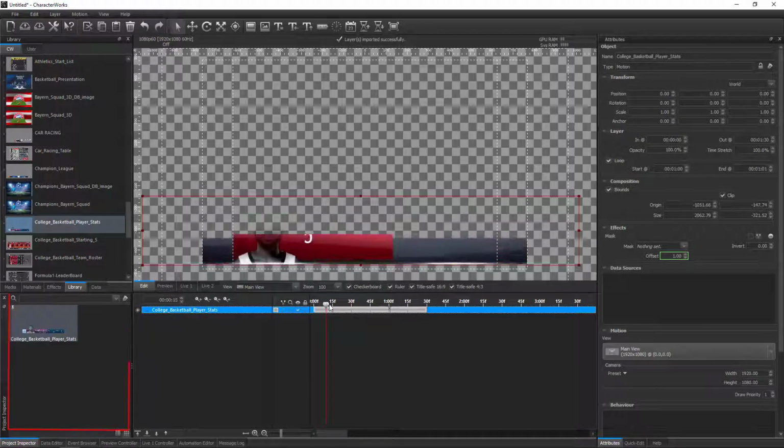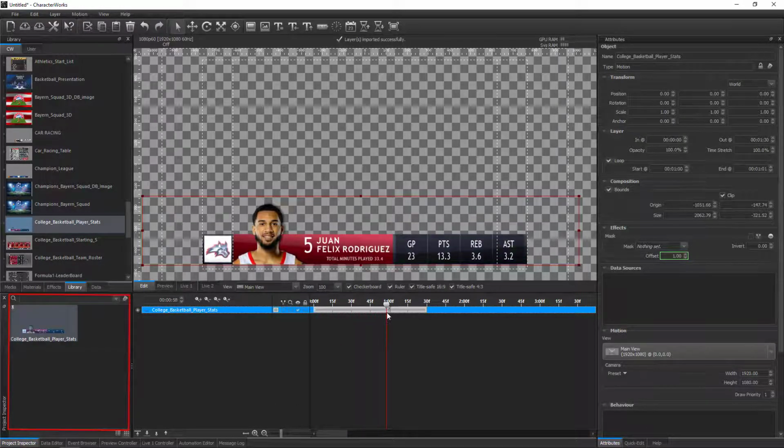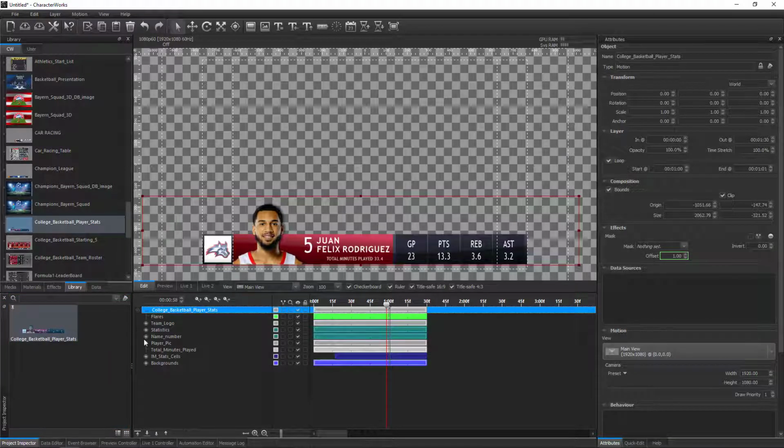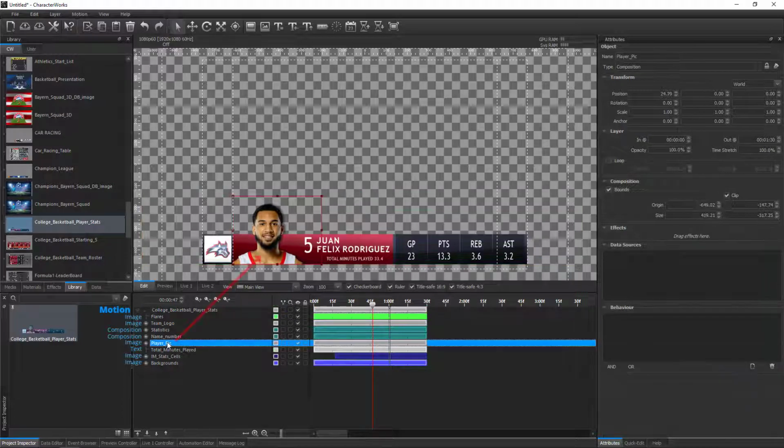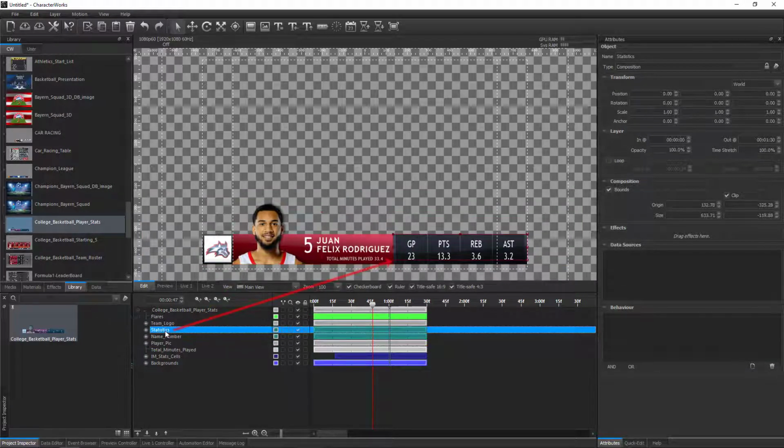The motion browser lists the motions in a project. When a motion is selected or pinned in the motion browser, its layer hierarchy will be displayed in the timeline section of the project inspector. A motion is a hierarchical collection of layers, image, text, composition and other objects that are logically related and can be played together.